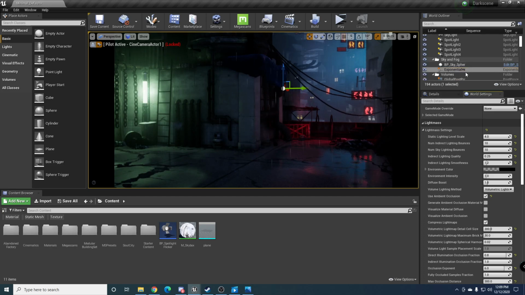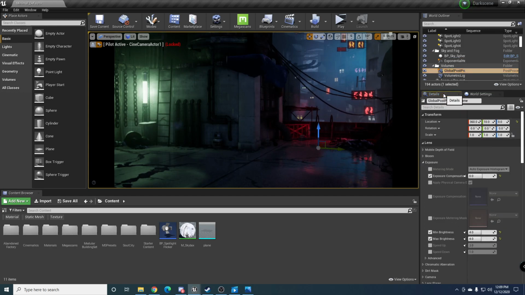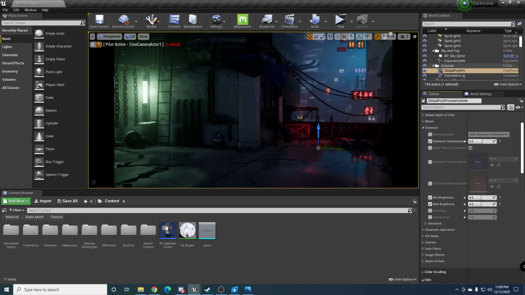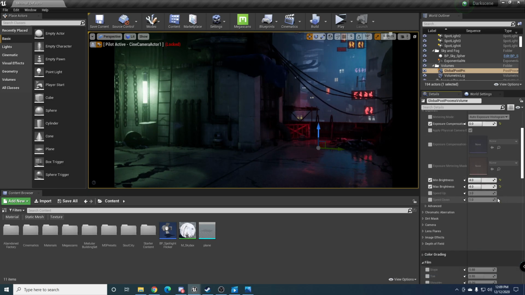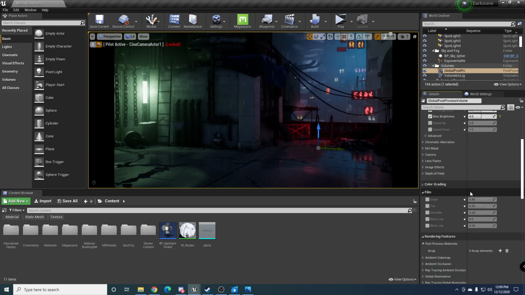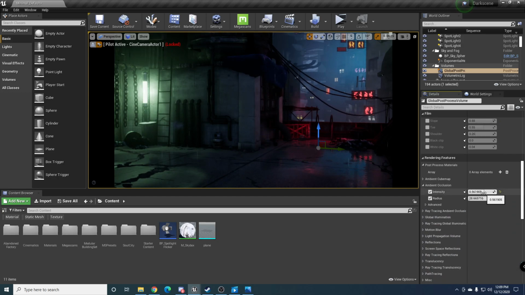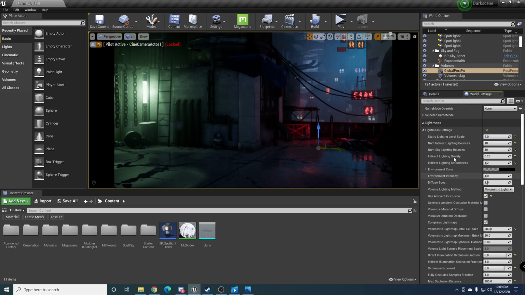Another thing I did to get nicer ambient occlusion was in the global post-processing volume. I did change my exposure because this was the exposure that I wanted. I didn't want it to be too dark or too bright, so I went with 4 and 4. And if I go to ambient occlusion right here, I've changed the values of ambient occlusion. So this is in post-processing. It's not baked in ambient occlusion. It's just how the post-processing gives you an ambient occlusion based on the edges. So this value, you can change it and you can visually see what's happening, but for the light mask settings,